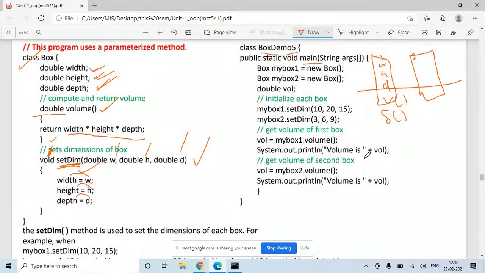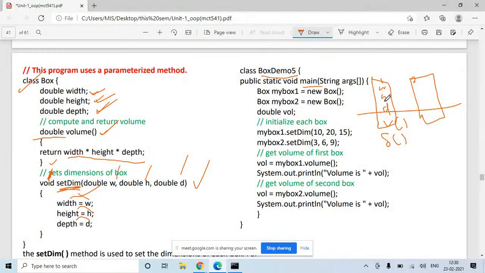So this is how your object 1, myBox1, looks. How will your myBox2 look? It will have width, height, depth, one volume function and one setDimension function. Now your object is ready.